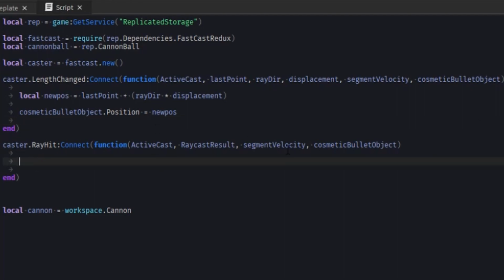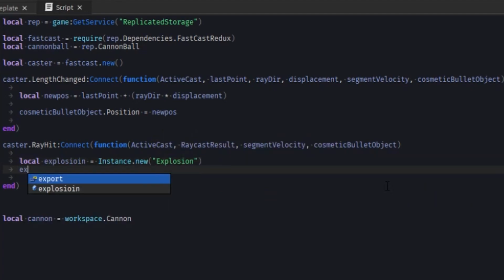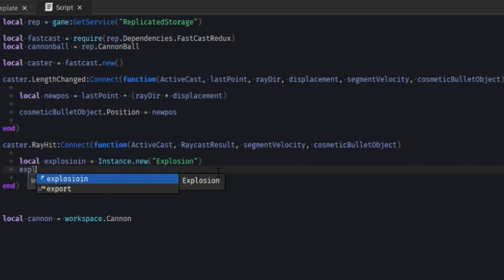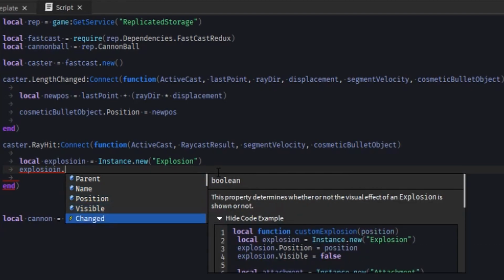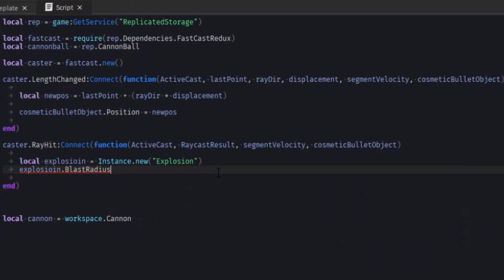What we can do is on our ray hit, we can actually create a little explosion. So we'll make an explosion. Instance.new Explosion. Yeah, that's how you spell explosion. It's fine. So Explosion dot, I don't know much about explosions, gonna be honest. Blast radius. Is this a number?